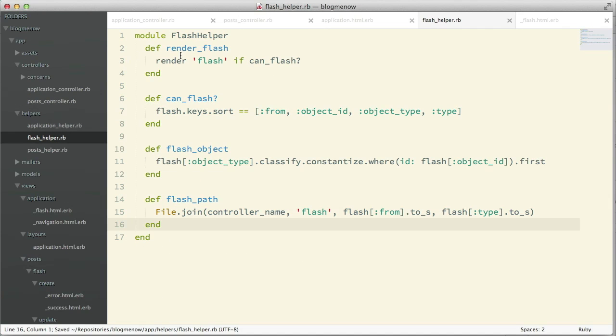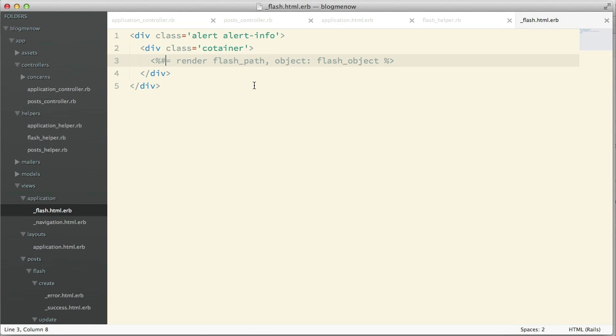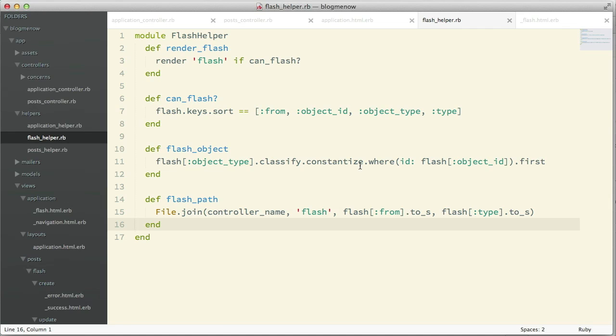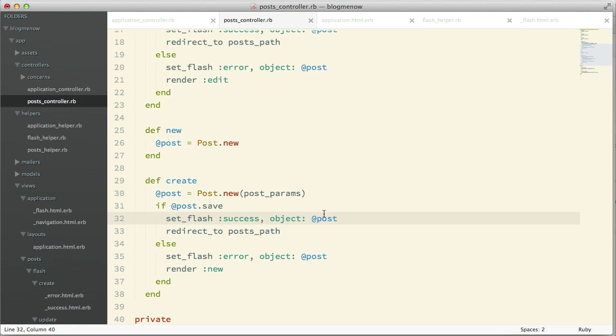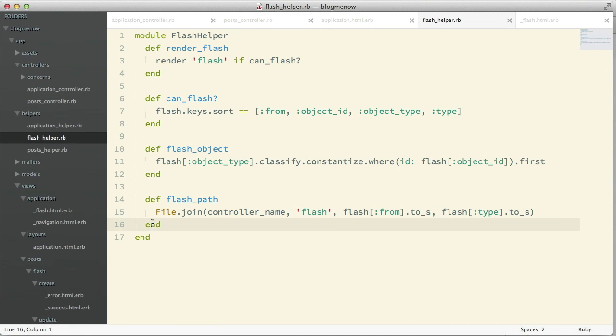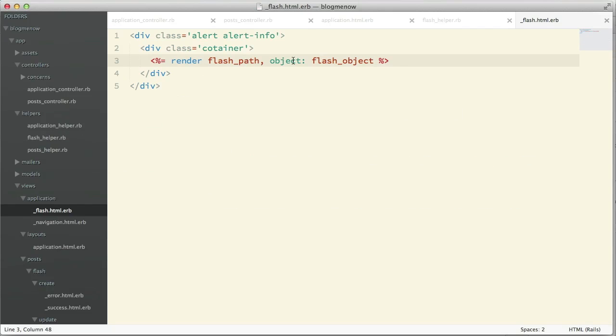All right, so how does it all fit together? Well, in this flash message, if you remember, we had something called flash path. So when you call it, essentially all we're doing is just rendering a partial. The flash path just dynamically computes and returns the path to the flash message, right? And the object that we're passing in is basically the flash object. So in this case, it's going to return the post that we passed in from the controller, right? And okay, so once we have that, then we're going to render the flash path, and the object is going to get passed into